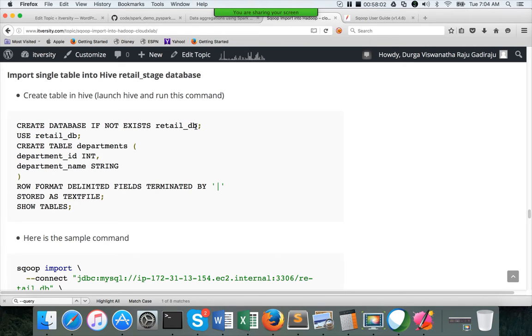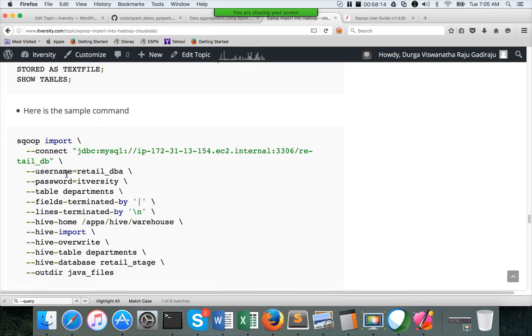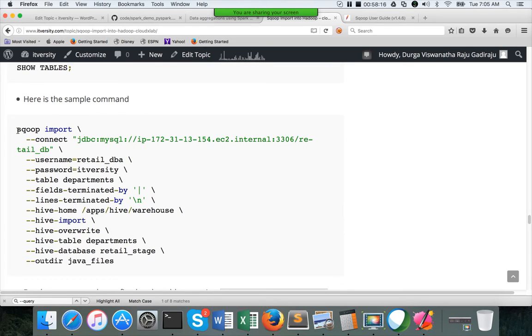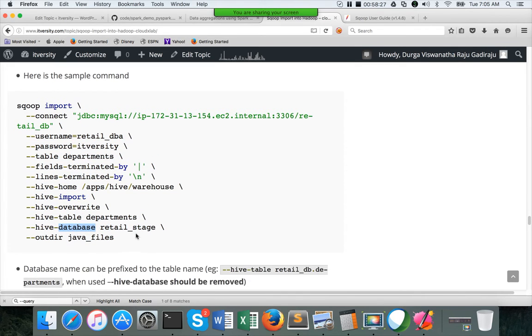So I will recommend you to use only a database name with your username, so that it will be easier for us to clean later, and then use that database name, create a table like this. Once it is done, you can perform Hive import like this. So I will not be running this, it's already there as part of the code. Okay, so here you can also specify which database you want to store into.